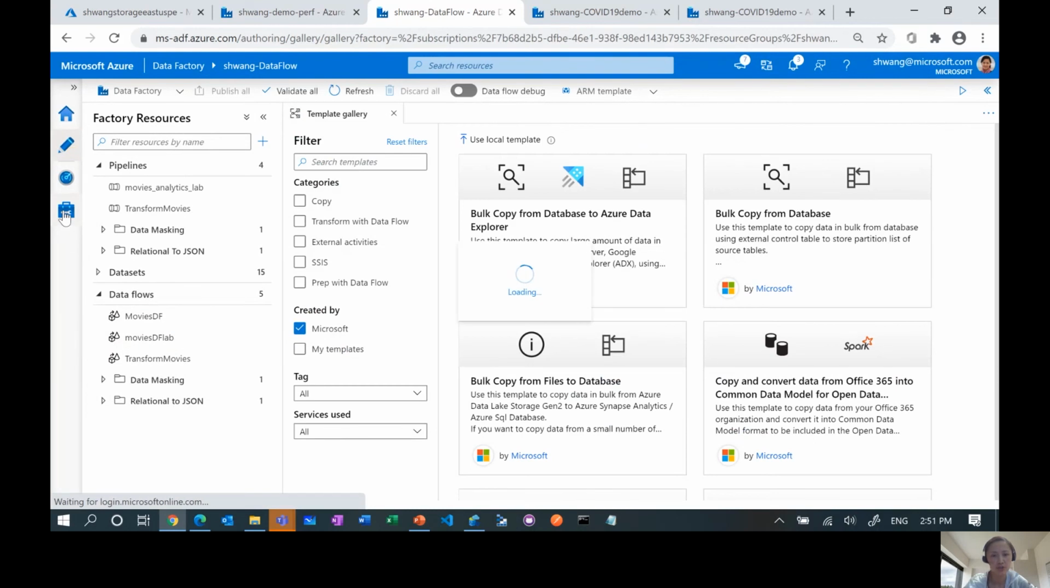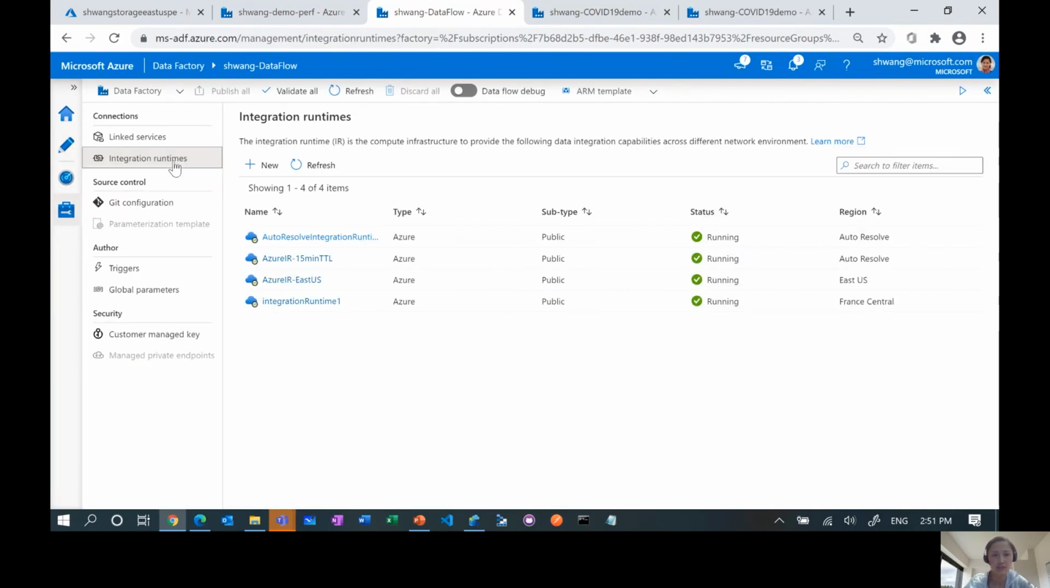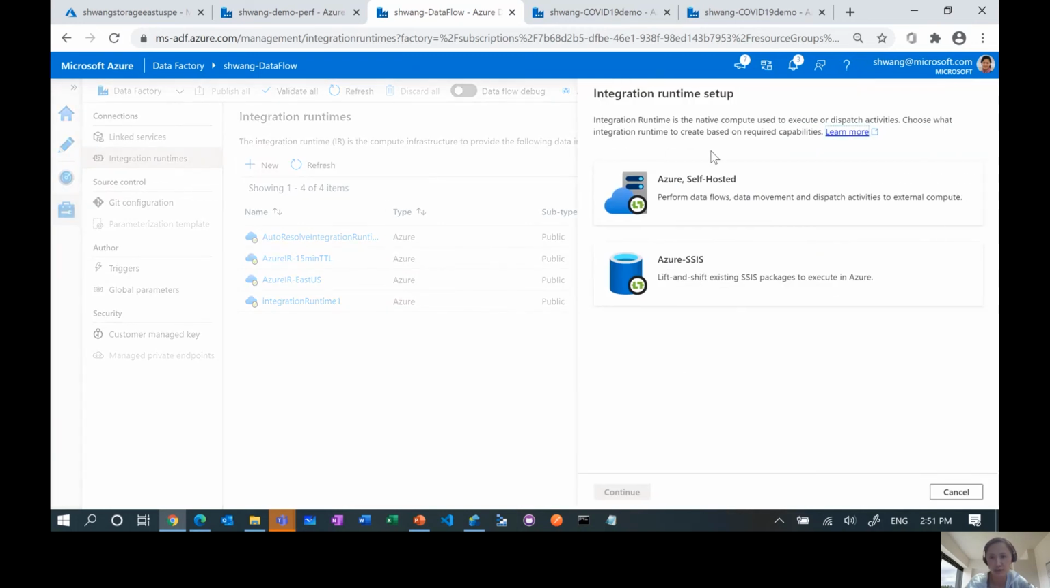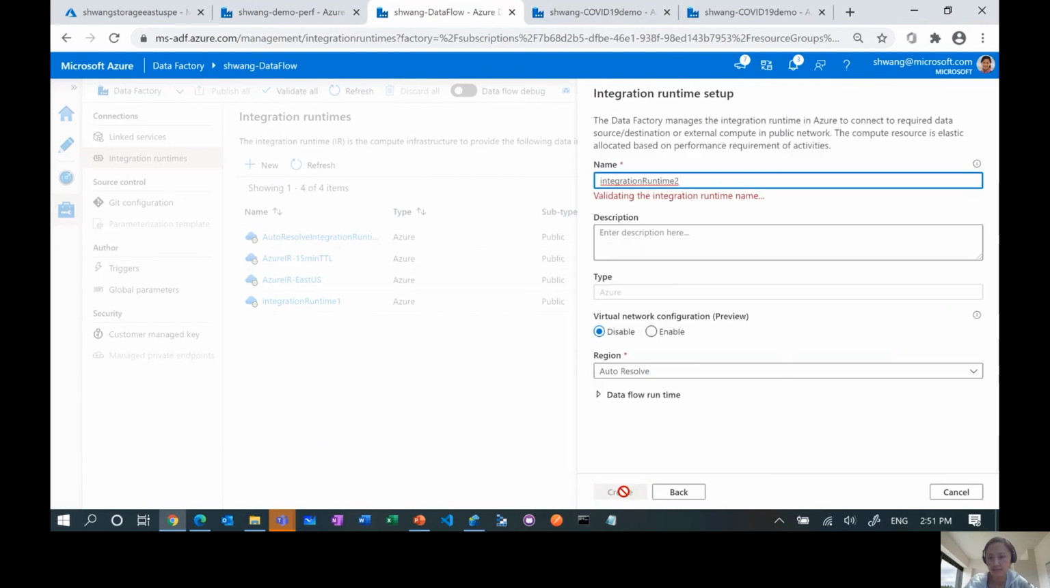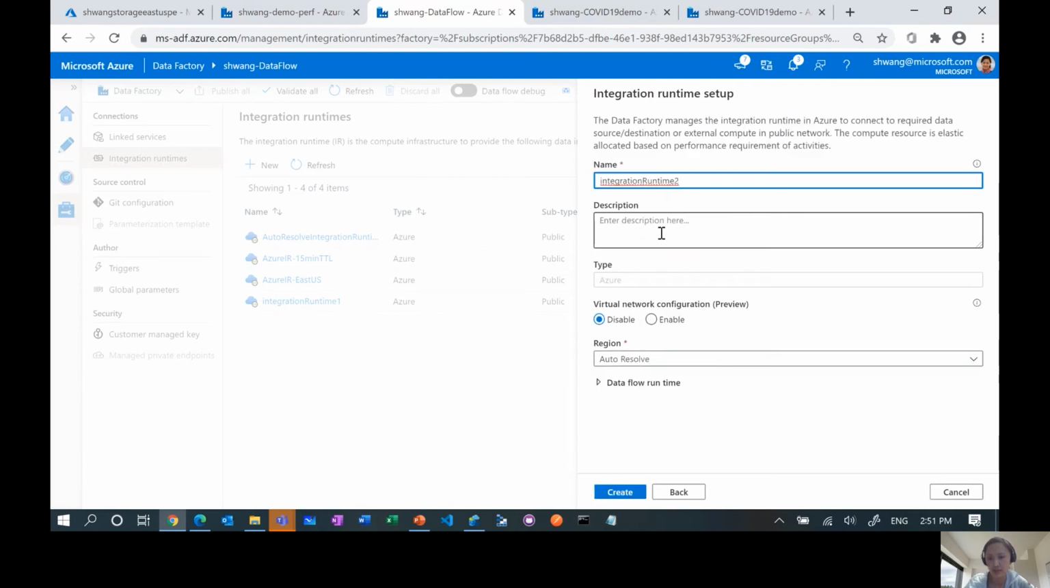If you head over to the Manage menu option and under Integration Runtimes, you can see the existing data integration runtimes that you have already configured and look at their statistics. From here, you can also create new instances of integration runtime. Let's say I want to create one for running my mapping data flow. You would choose the type as Azure. After you enter the name and description,